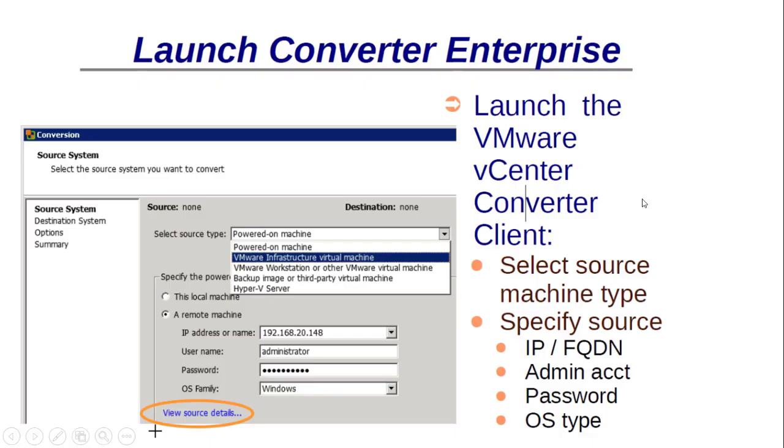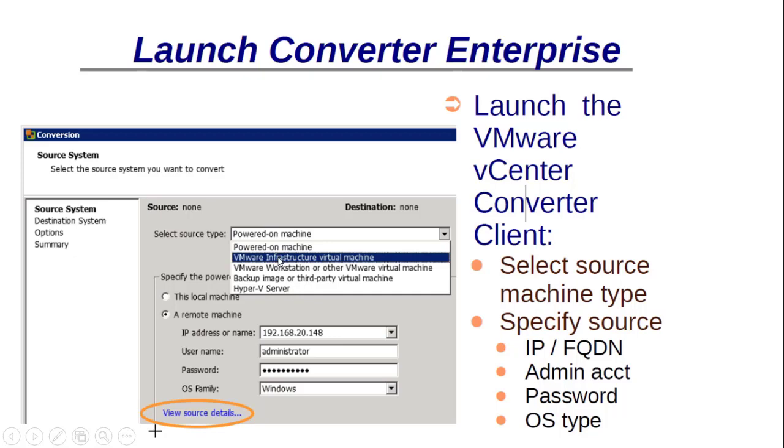So let's get started. First, when we launch the converter, it will ask you what the source type is. If you drop down this list, you can choose powered on machine, VMware Infrastructure virtual machine, VMware Workstation or other virtual machine, backup image or third party virtual image, or Hyper-V virtual machine. If you have a standalone server, you will choose powered on machine.